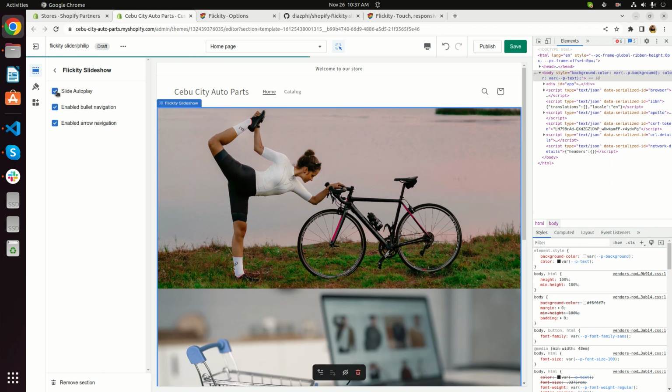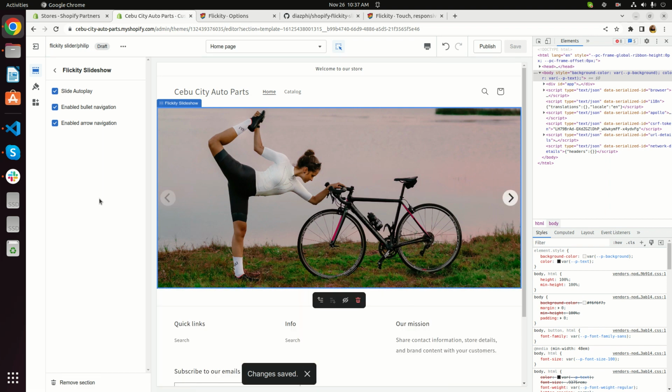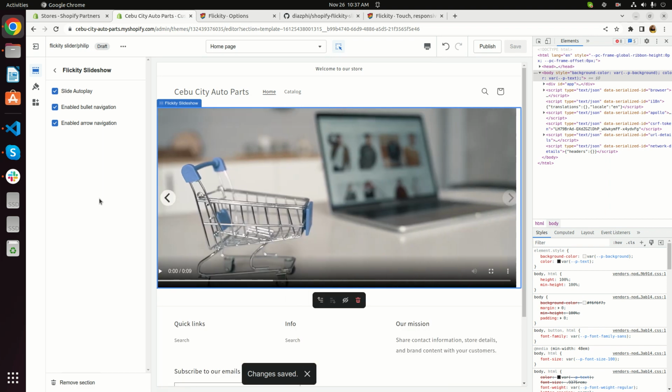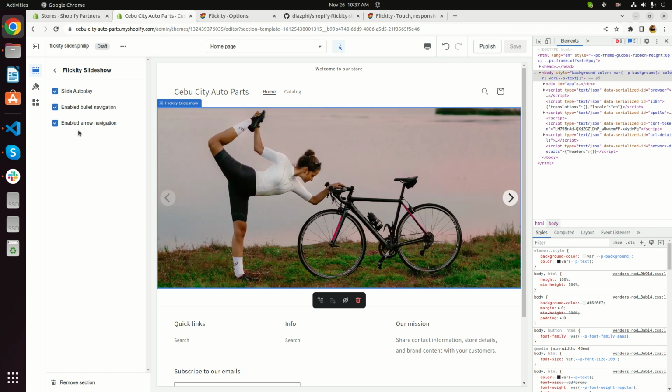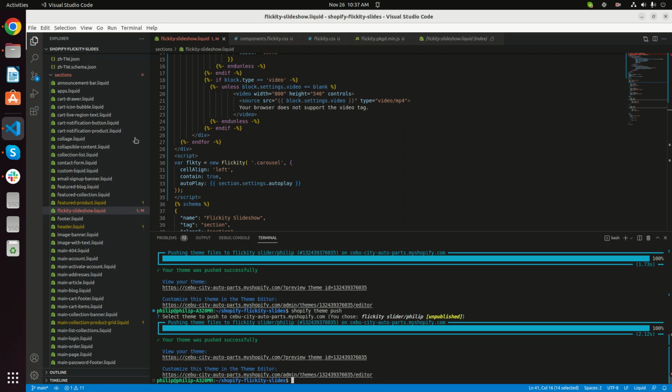So if we change that, then save, then let's see if it works. Yes, it works. So I also want the bullets navigation and the arrow to be easily changeable. Like we add another option, go back to your